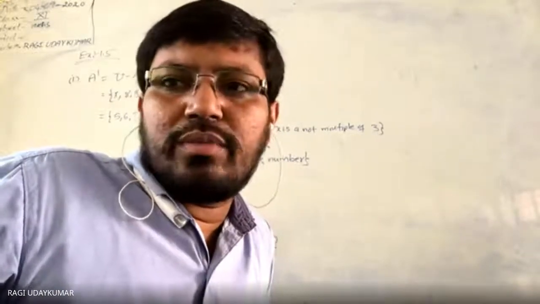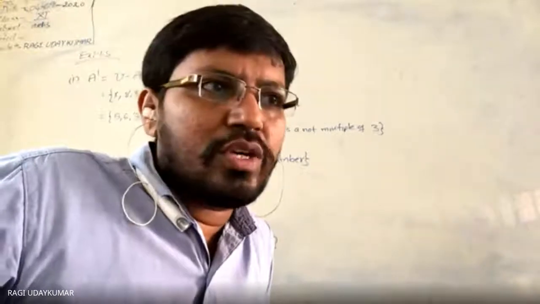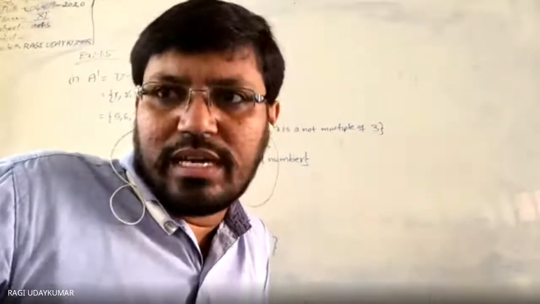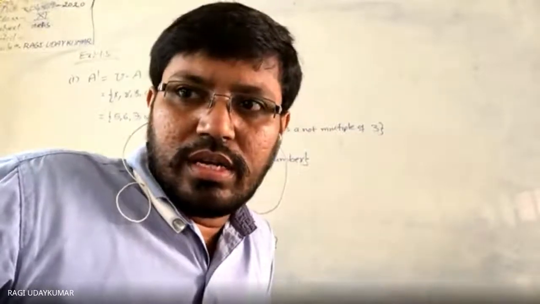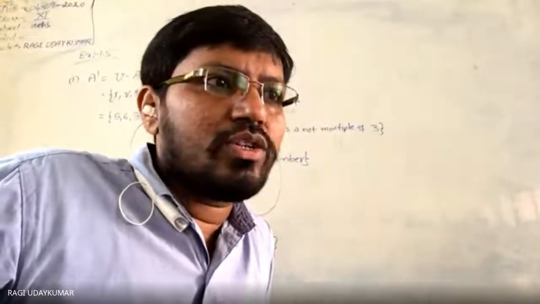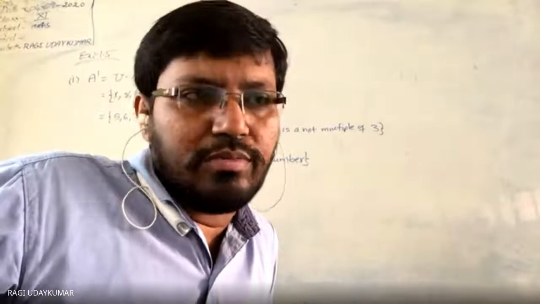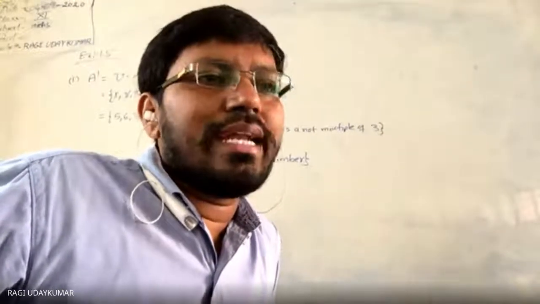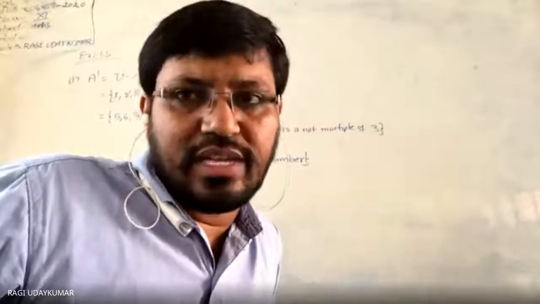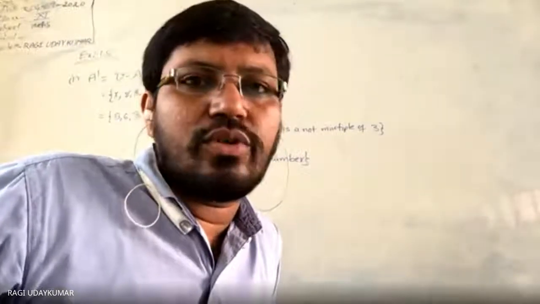Usually, A union B whole complement is nothing but first find A union B individually, then find the complement of A union B. So you can do that. It's not very difficult to do these problems. The next practical problems based on union and intersection we will do in the next class. If you have any doubts, you can ask me now.